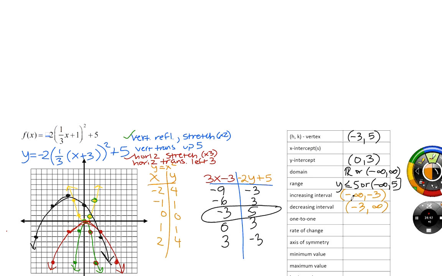Is it 1-to-1? No. We're leaving rate of change blank. What is our axis of symmetry? X equals negative 3. Minimum value? None. Maximum value? 5. All right. So are we okay with